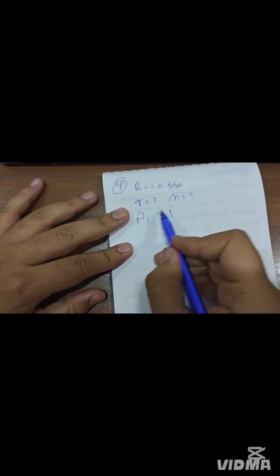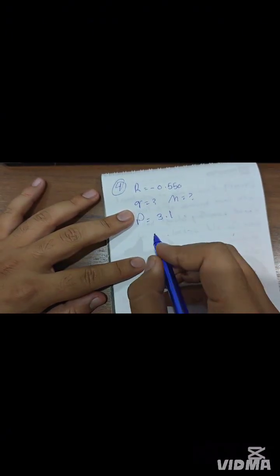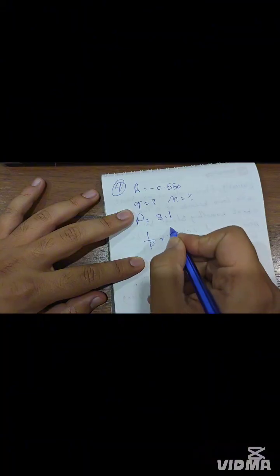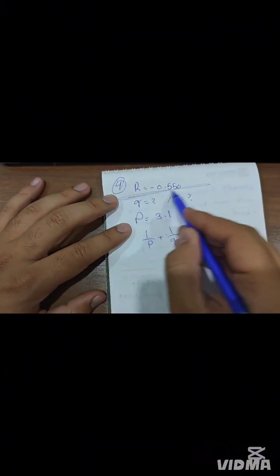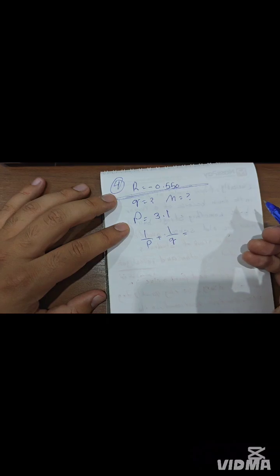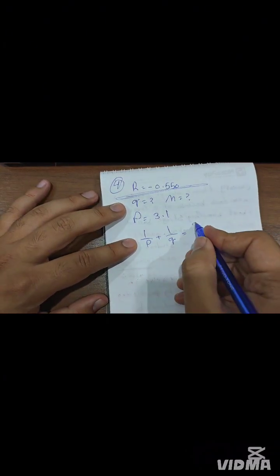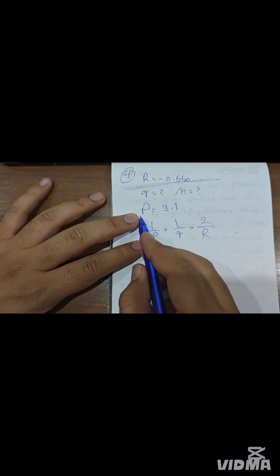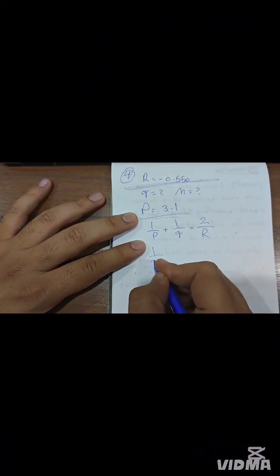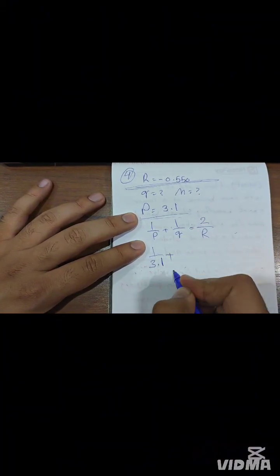Good. Find the value of Q. 1 over P plus 1 over Q. Students, in here, because we don't have focal length, and instead of focal length, we have radius of the curvature. So we are going to write down the other rule, 2 over R. The value of P we have 3.1 plus